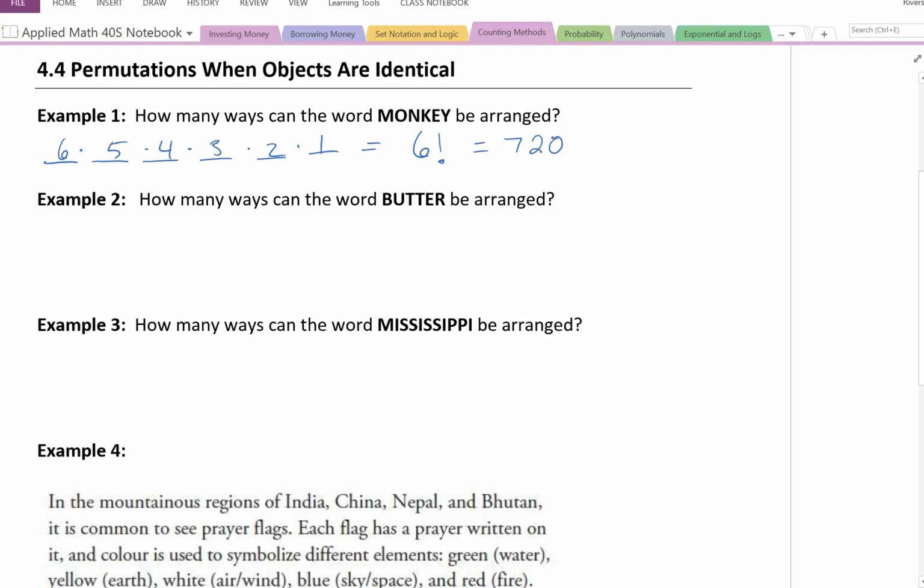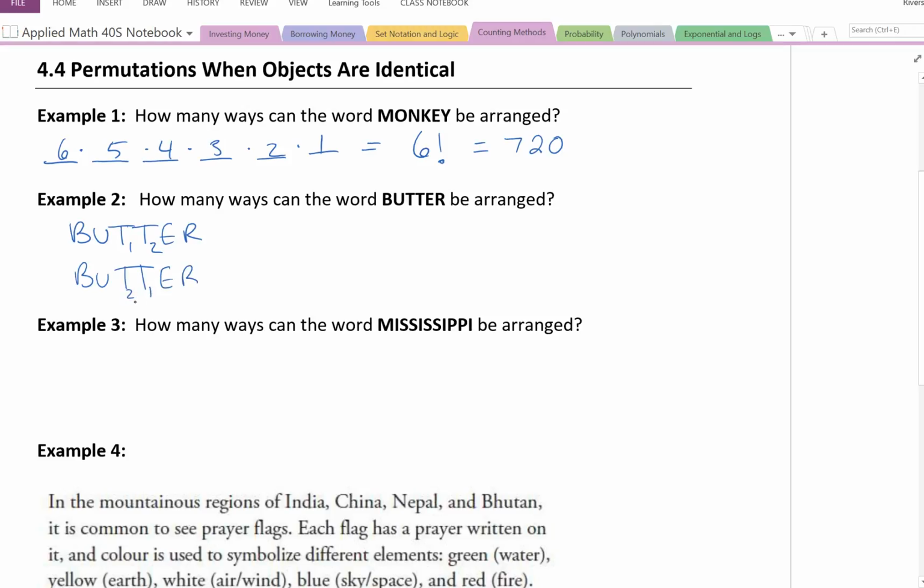Now when we look at example 2, how many ways can the word butter be arranged? Looks like we're doing the exact same thing, right? That should be 6 factorial. However, when you have a closer look, we have 2 T's. Now if I spell it B-U-T-T-E-R that way, placing the first T here and the second T here, and then spell it again,